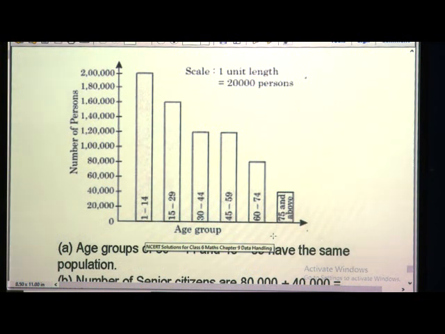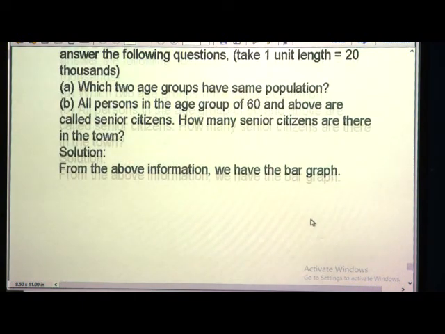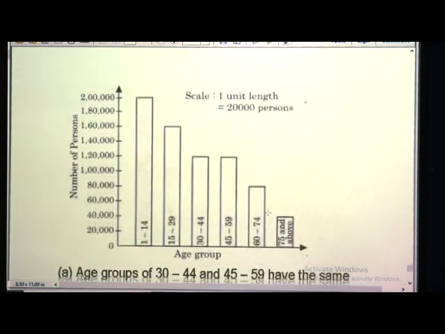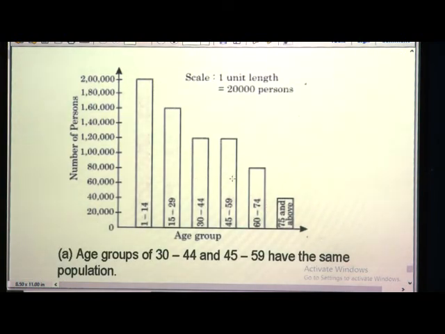So, we have shown the bar graph by taking the data which is given in the table. Now, after drawing this, we will see the questions. See, which two age groups have same population? Age group of 30 to 44 and age group of 45 to 59 has the same population, that